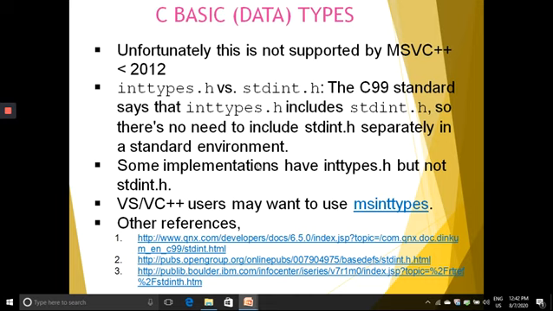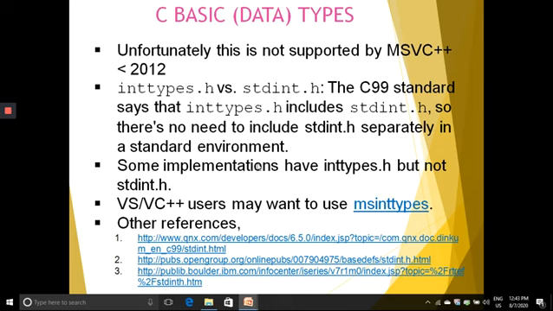inttypes.h versus stdint.h. The C99 standard says that inttypes.h includes stdint.h. So there is no need to include stdint.h separately in a standard environment.